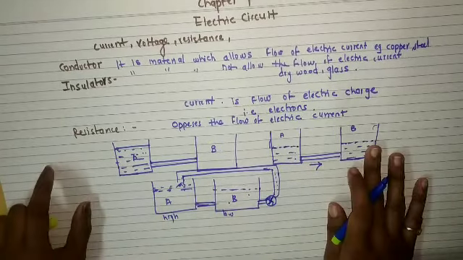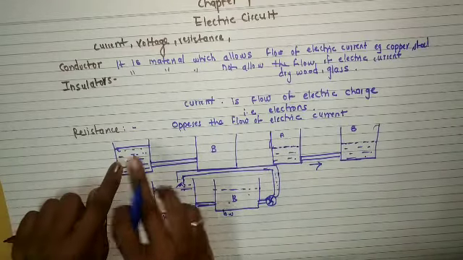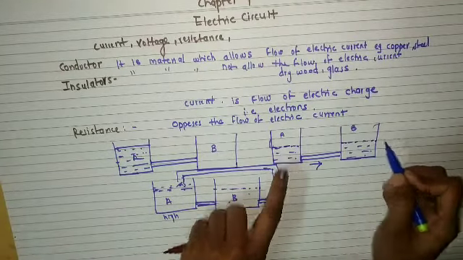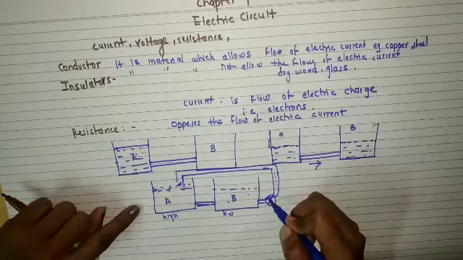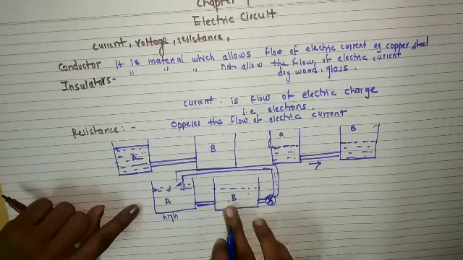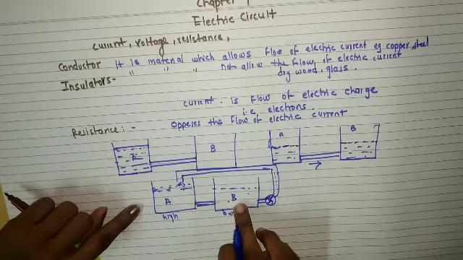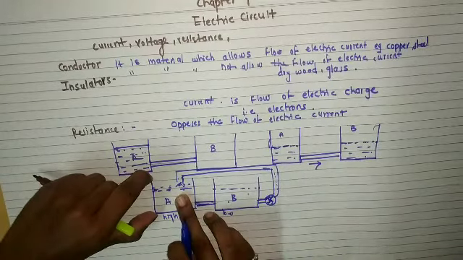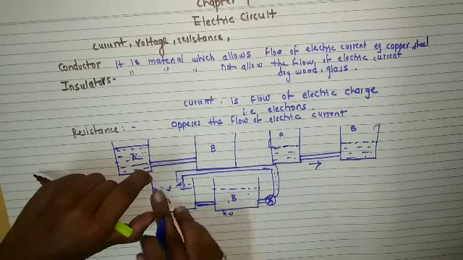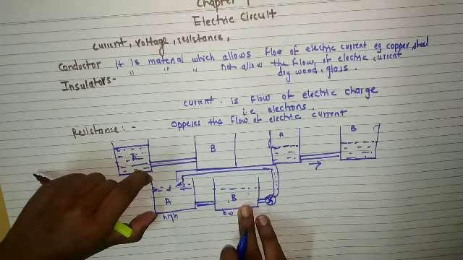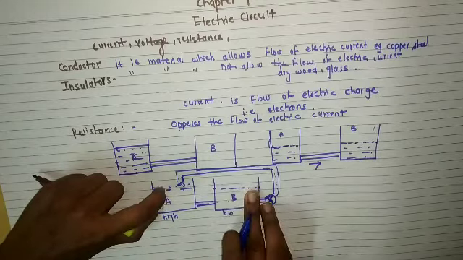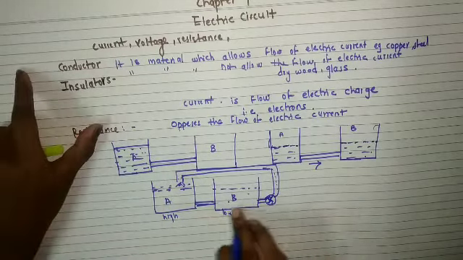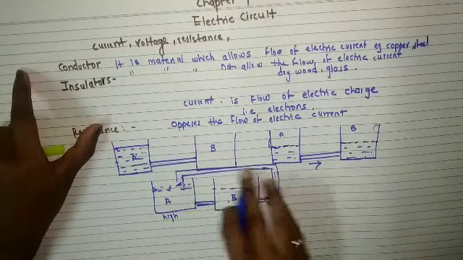Are you able to understand? The water will flow from high level to low level until both levels are similar. But what we have done here, we have added a pump. So the water from vessel B will go to A. So A will be at a higher water level and B at a low water level. Water will flow from high to low level to match the levels, but it is not possible because of the pump. So there will be continuous flow of water.